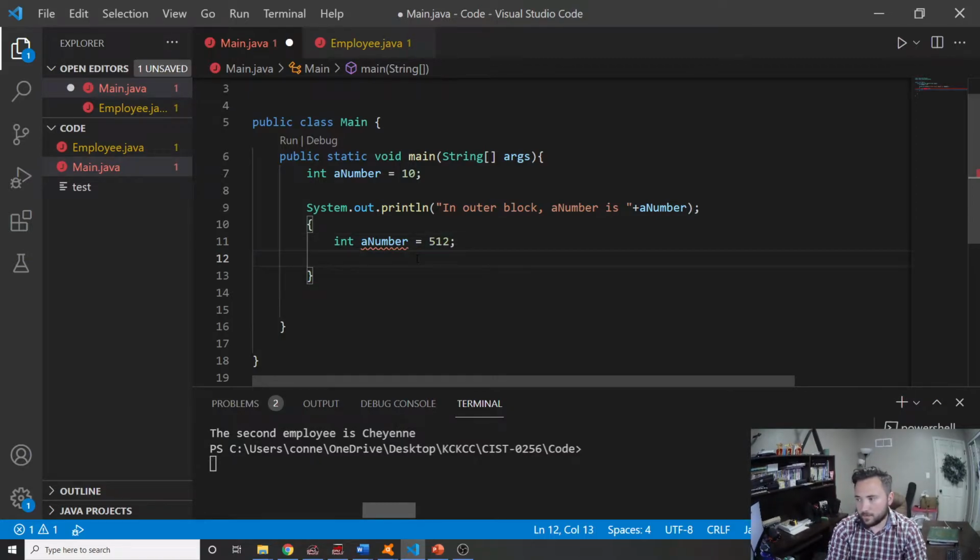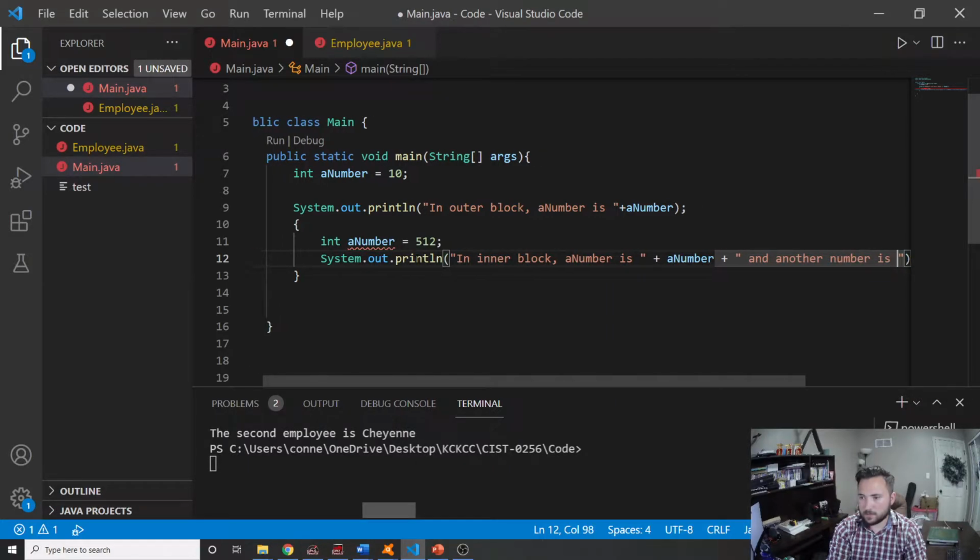And then a system.out.println, and I'm going to print "In inner block aNumber is", plus aNumber, which is the variable, plus, and another number is,